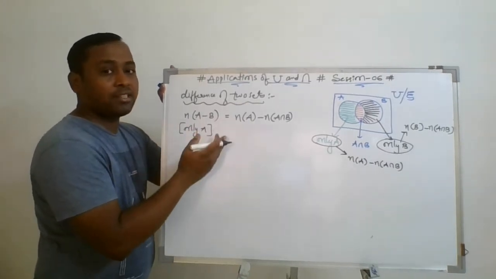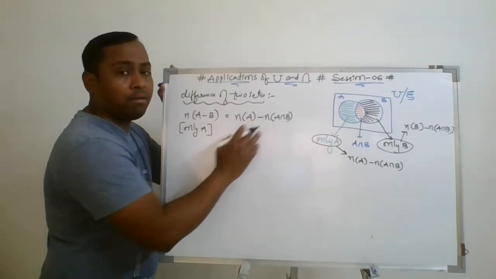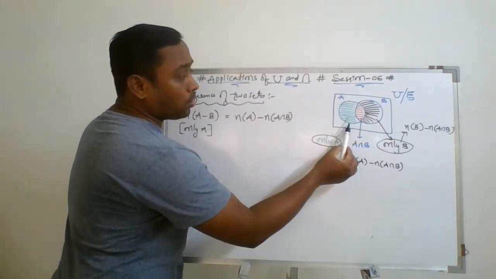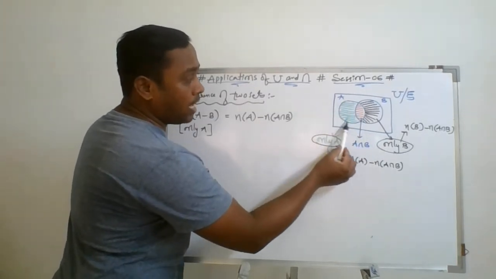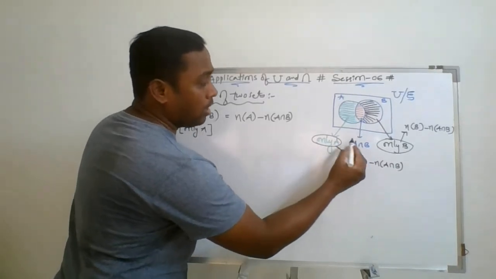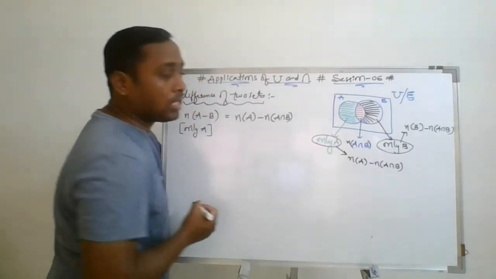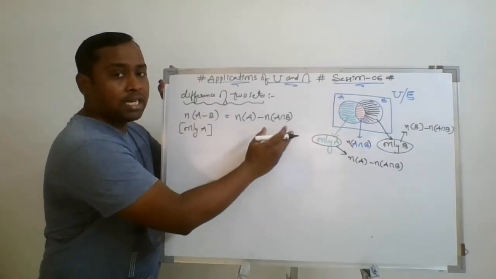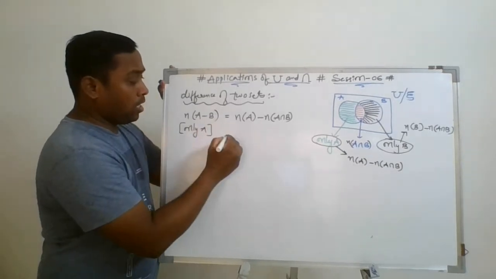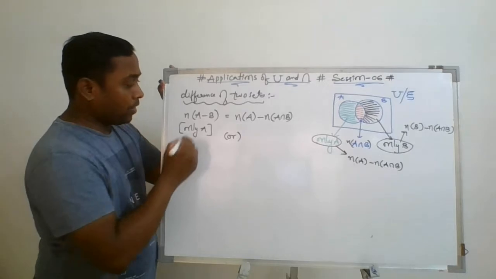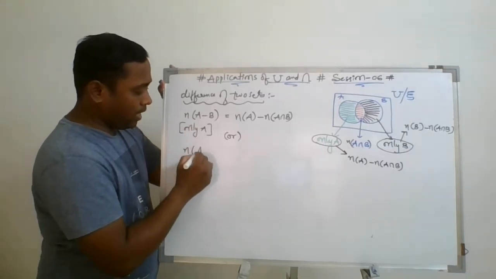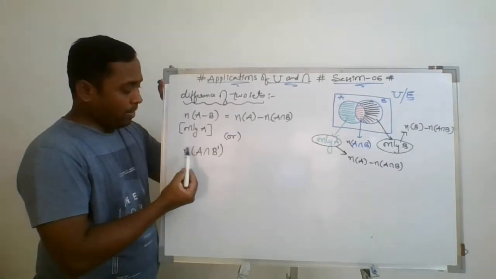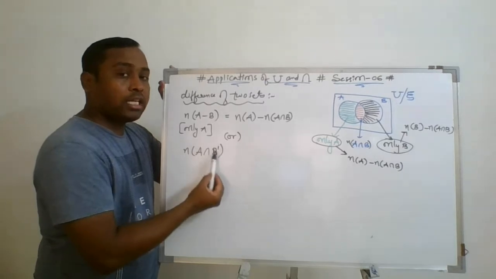Only A means A minus B, which is written as number of A minus number of A intersection B, which is called the green portion. How did we get the green portion? From this entire circle we need to remove the red portion, that is number of A intersection B. So here A minus B means number of A minus number of A intersection B. The other way to say the same formula is: elements which are in A but not in B.